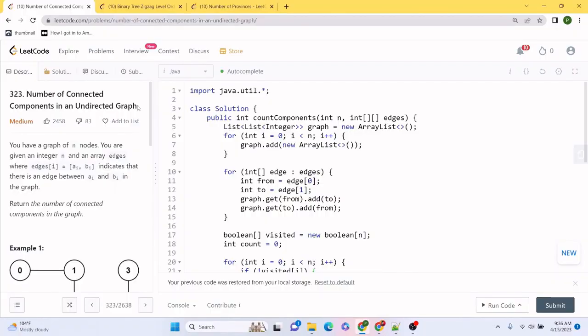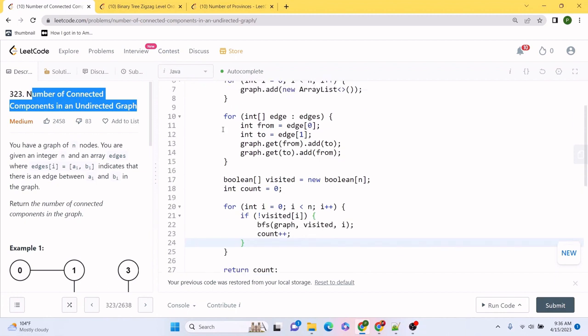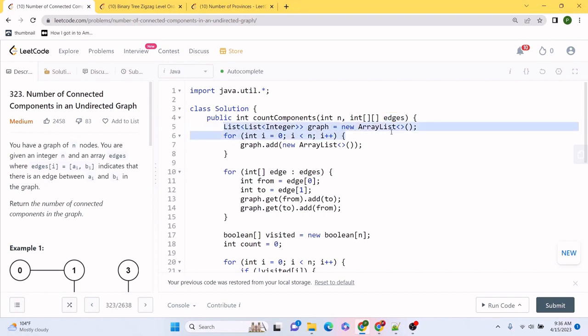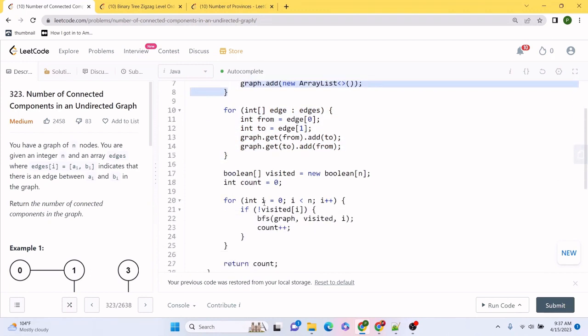Here is the coding solution for number of connected components in an undirected graph, where first of all, we are given in the input the value n, and we are also given a 2D array called edges. So first thing we are going to do is create an adjacency list to create a graph-like structure. This is going to allow us to iterate over the graph in a much easier fashion, which this process is doing, where we are running across every single edge and every single node and plotting them on the graph.